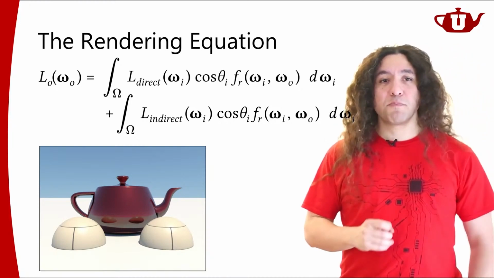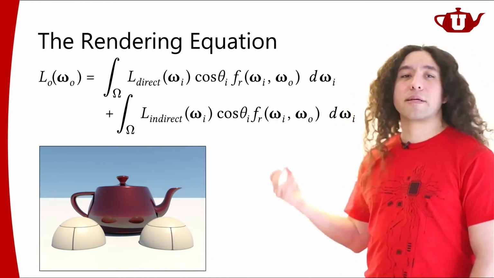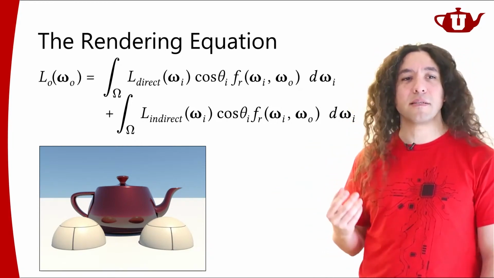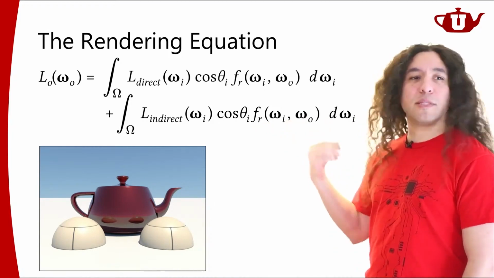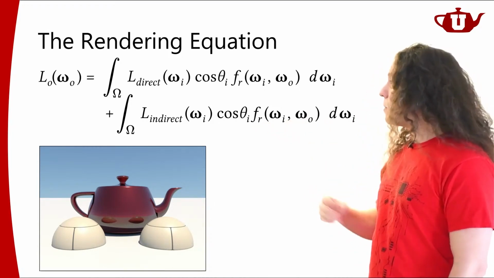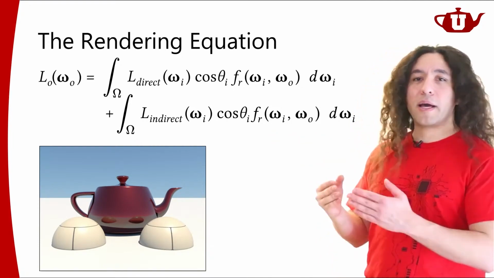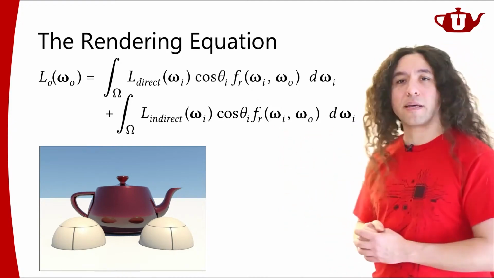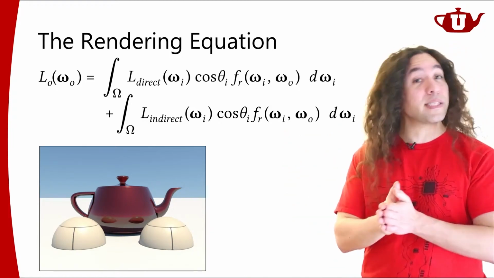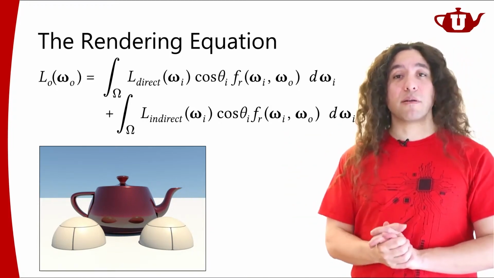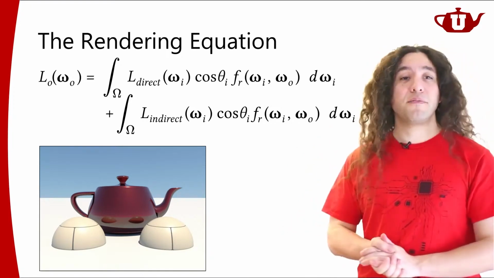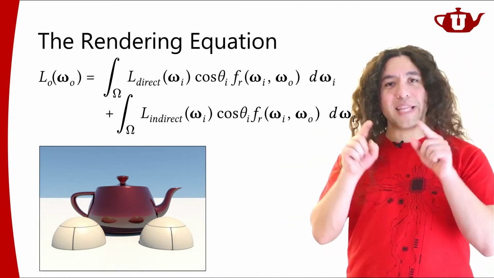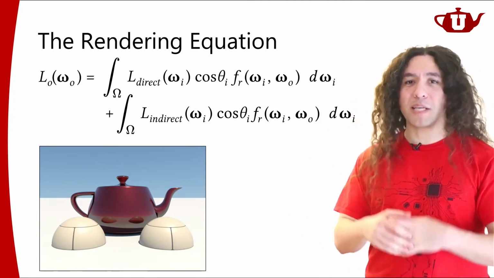Now, this is not specific to direct illumination and indirect illumination. We're going to be separating things quite a bit. Whenever it's convenient, we're going to look at these terms and separate them into pieces. We can even take the BRDF and separate it into pieces. We can say, I'm going to have an integral for one part of this BRDF, and another integral for another part of this BRDF if my BRDF has two terms. For example, for a blend material, I could have one integral for the diffuse component, another integral for the specular component if I want to. I'm not saying that I'm going to do that specifically. I'm just giving that as an example of something that I can do.